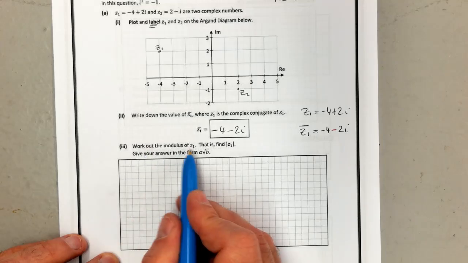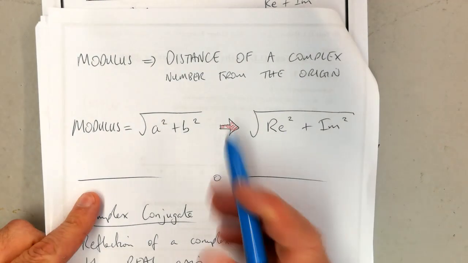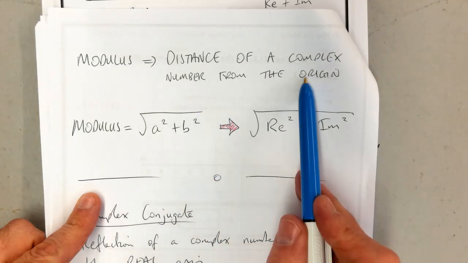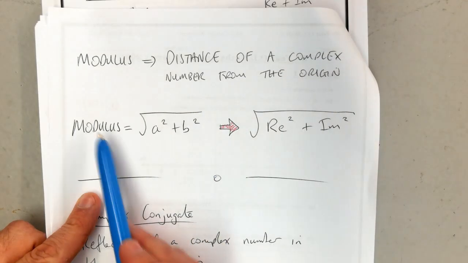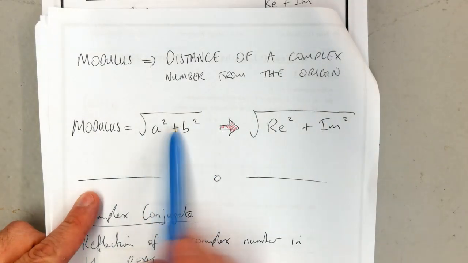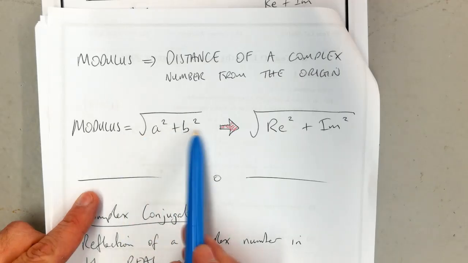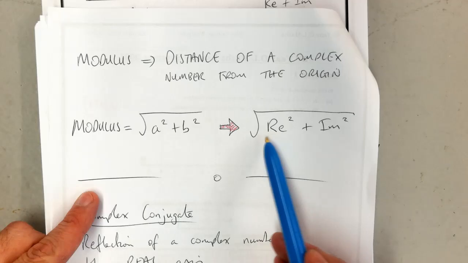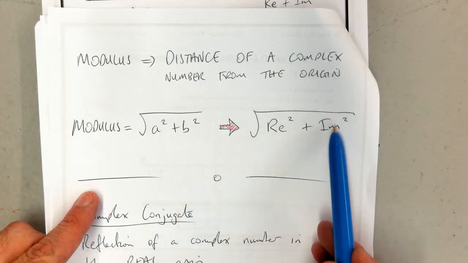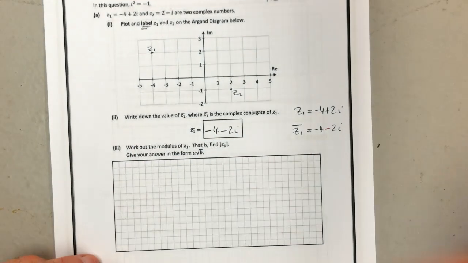Next part, work out the modulus of z1. So a little note on the modulus. The modulus means the distance of a complex number from the origin, how far it is from the origin. And this is the formula. It's based on Pythagoras' theorem. That's actually what you're doing. Square root of a squared plus b squared, or as I like to call it, square root of the real part squared plus the imaginary part squared. So with that in mind,